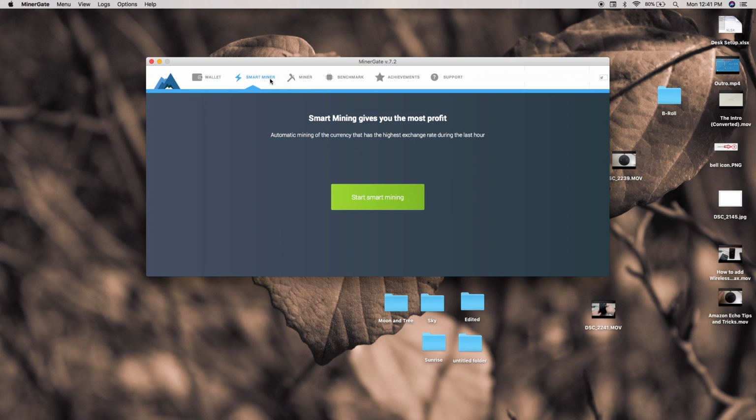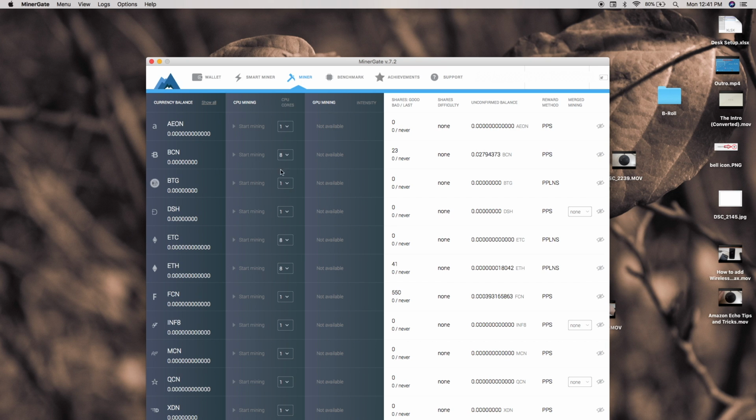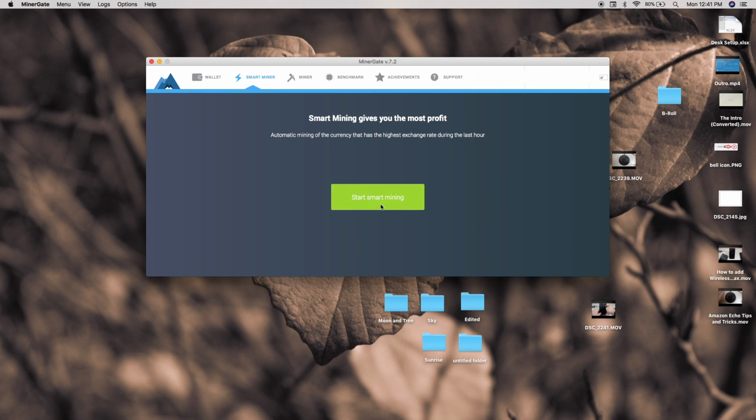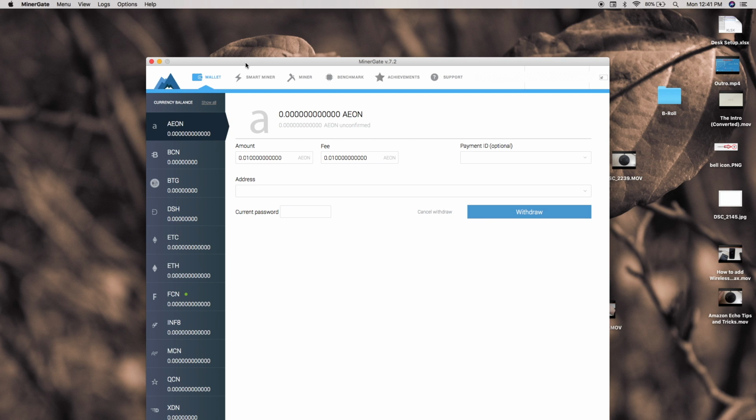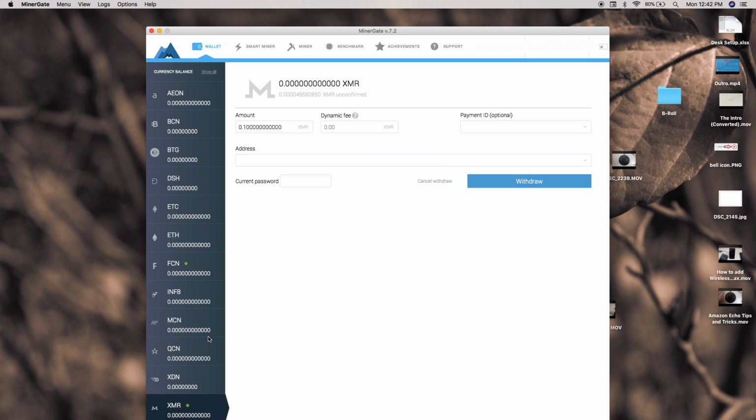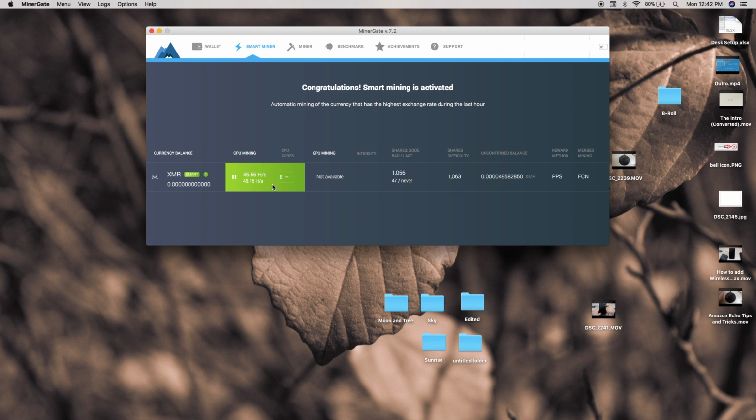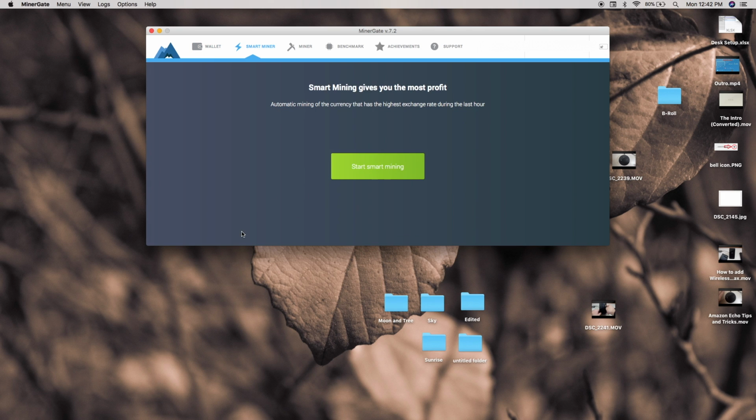And then you have your smart miner. You have your miner again. Set the amount of cores that you want. So you can do smart mining. XMR is the smartest, because right now, if you do your wallet, the fee is 0 dynamic fee, so there's no fee, so mining it won't hurt you. You'll get the most amount out of XMR. XMR though has a low amount, but if you really want to find out the price of all of this,